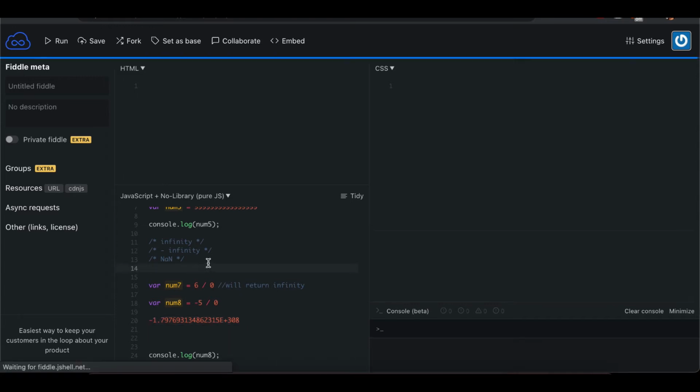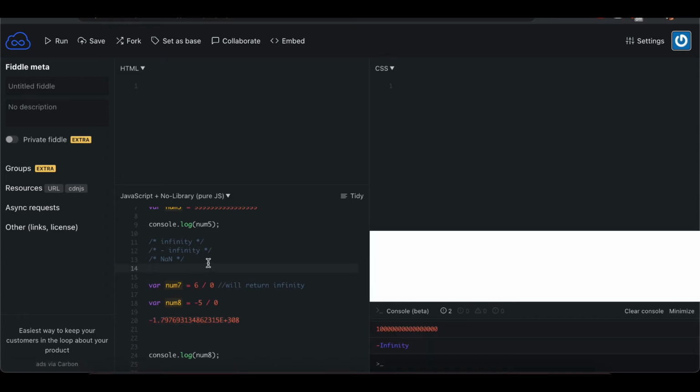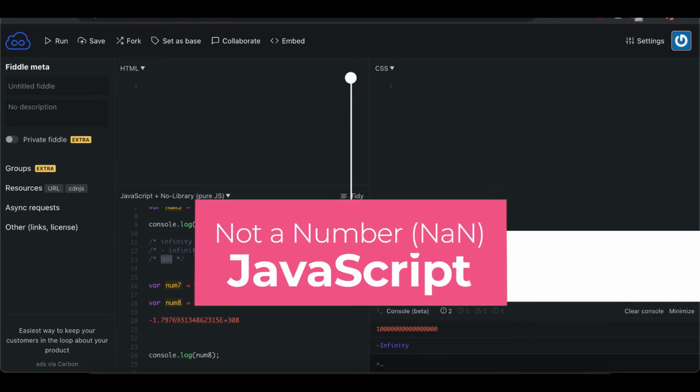For numbers that are not legal numbers, not a number, which is this one, will be displayed if you attempt to perform a mathematical operation on a number and a non-numeric value. That will always return NaN.